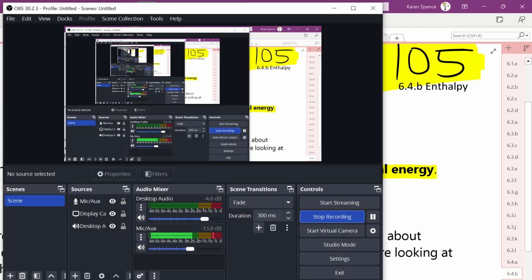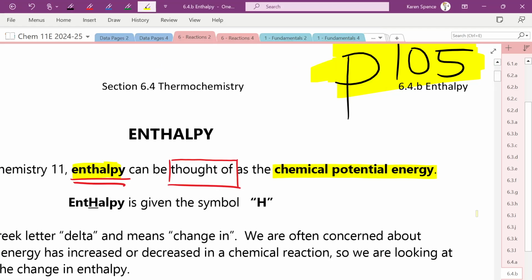Start recording. It isn't actually the chemical potential energy. So if you ever have to define it, you won't have to define it for me, okay? But if you ever should have to, say on an AP exam or something, do not define it this way. I don't think they're going to make you define it because that's not the kind of thing they generally do, okay? When you get into second year university, possibly first year, depending on where you go, they will explain it